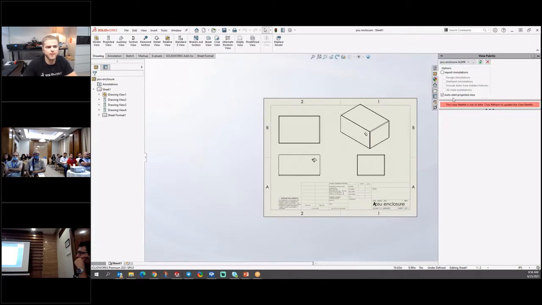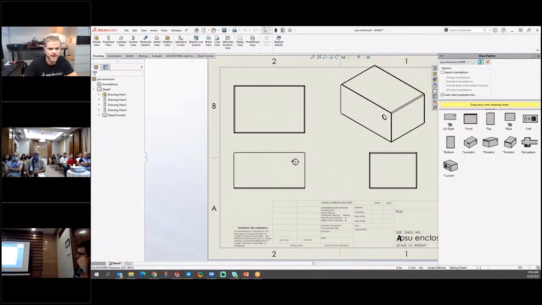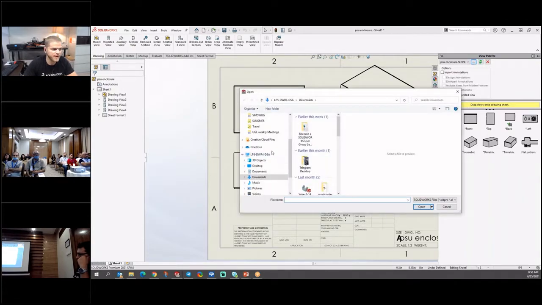On the right side of the screen is something called the view palette. In the view palette is where we just were a moment ago. You can pick your existing views and drag and drop them onto the screen, right? If this view palette populates with another file, so maybe again we'll just pick any other file here.